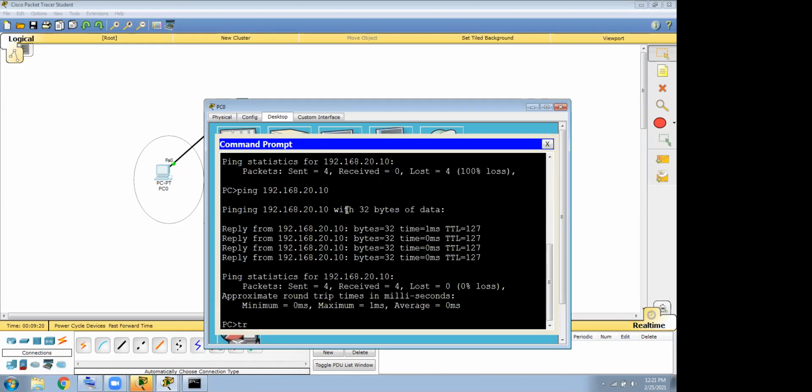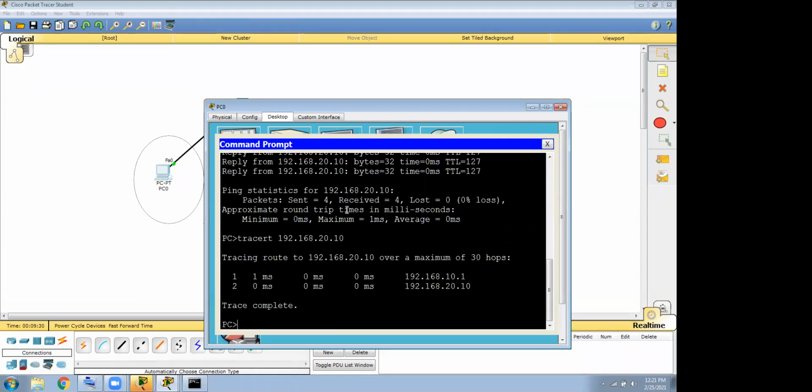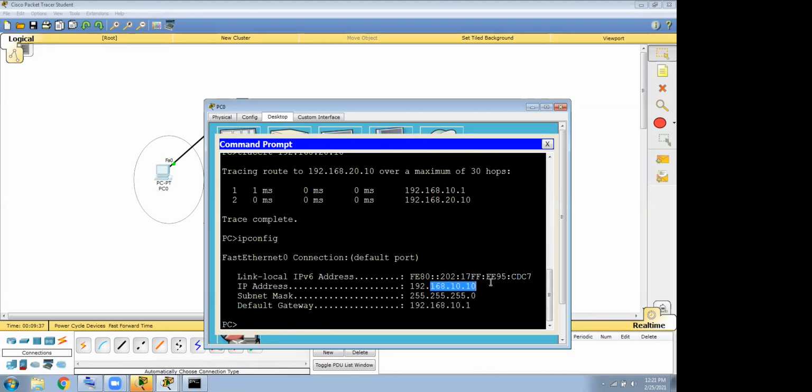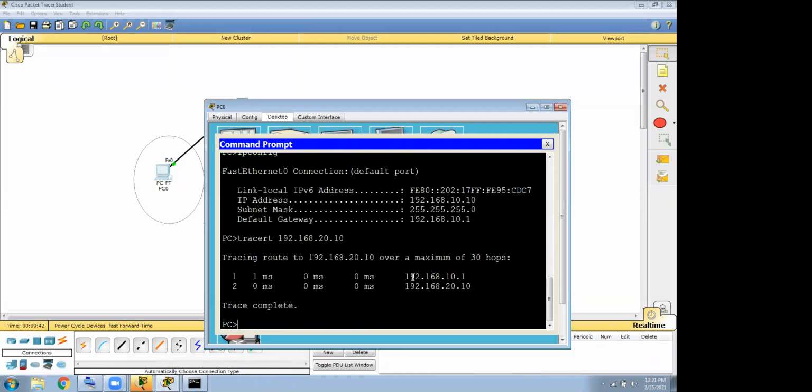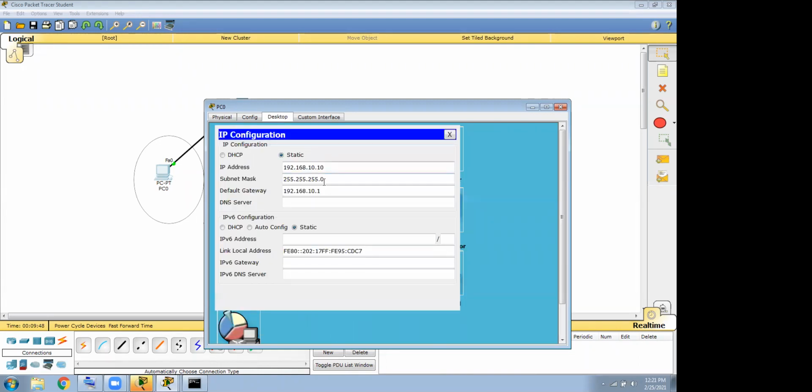And how am I able to ping? If you go and trace 192.168.20.10, there we go, the same thing was happening. If this machine is in VLAN 10 and wants to talk to another VLAN, 20, what will happen? The traffic will first reach the gateway. So you understand why the gateway is important: the gateway is required. This is the multi-layer switch.